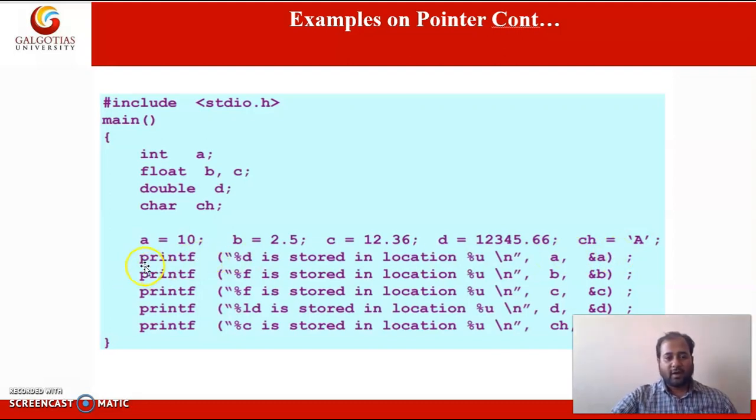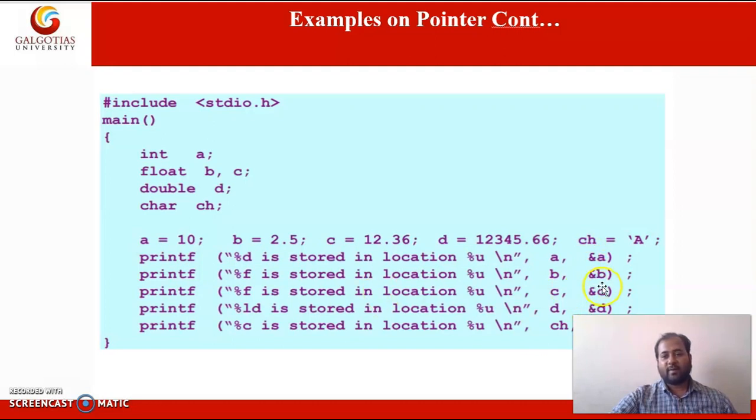In the first statement we are accessing the value of the variable A and its address. As I said, the ampersand operator is used to access the address of a particular variable. Here we are printing the values, and in the corresponding statements we are printing their addresses.